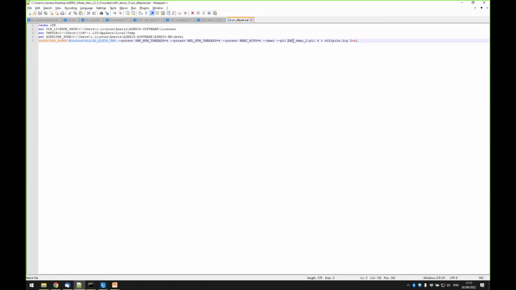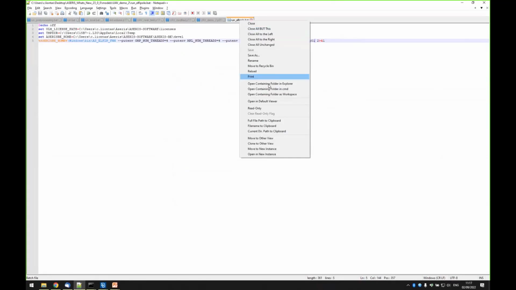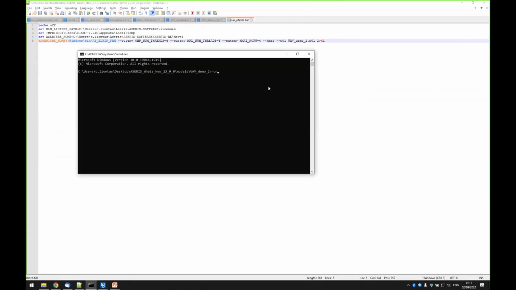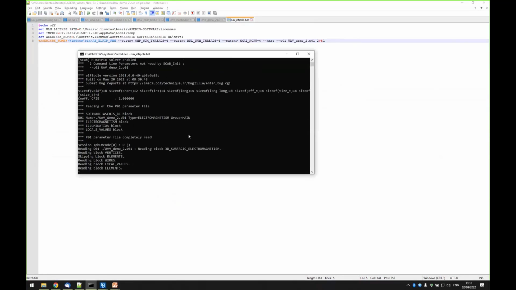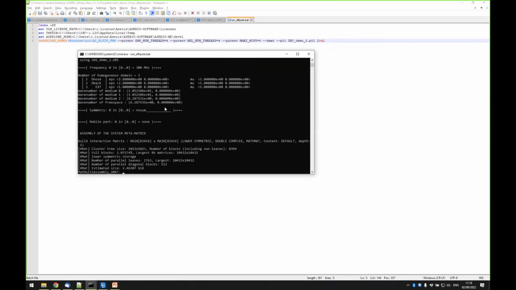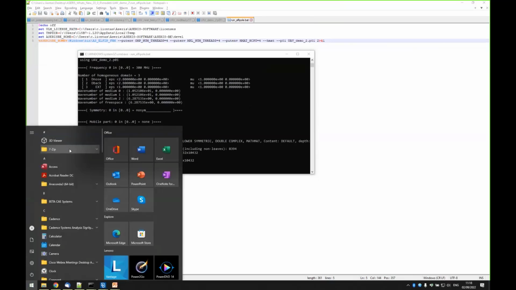In order to demonstrate it, I don't want it to be fed to the log. I will just show how to run it from here. Open in CMD. So the solver is ready to run, and you can see all the messages of the solver. So this model will take maybe around 5 minutes to run. In order not to wait, I will show you some results of the simulation. So let's go to Meta.